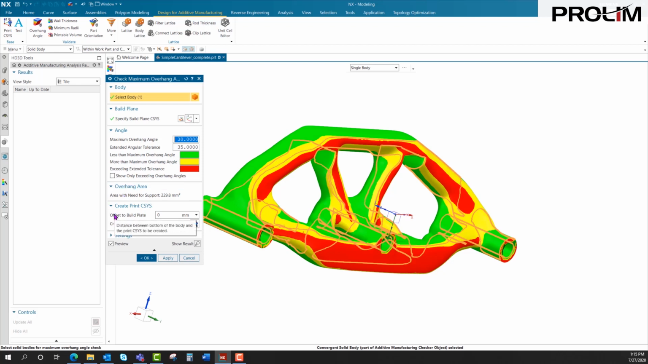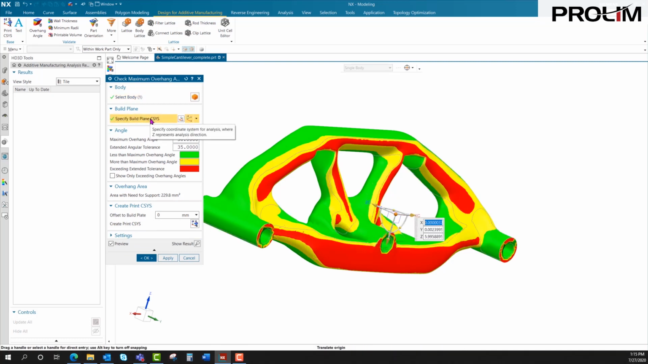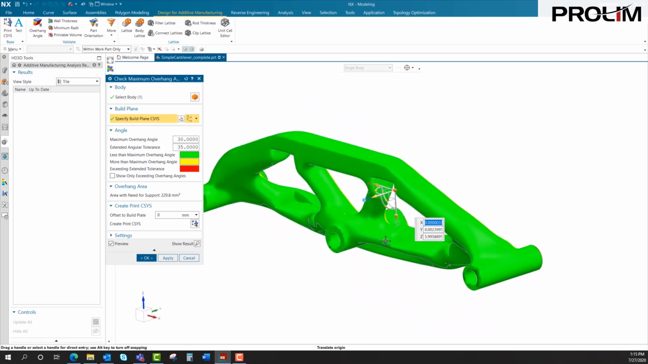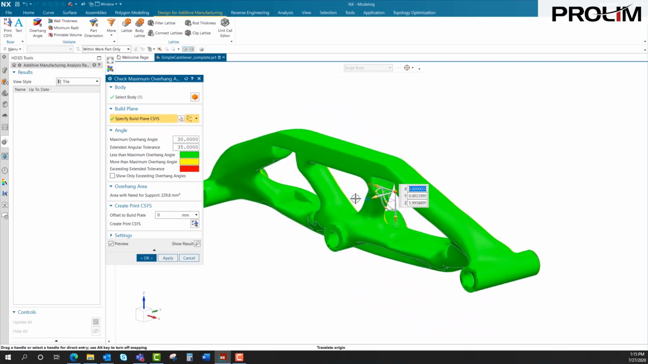Now we do have the ability to come in here also and create another print thesis. And I also have the ability to come in here and say specified build plane. And we have a dynamic triad that I'm able to go and drag and pull and stuff like that. So if I come in here now, for example, and I'm going to go ahead and rotate to the z-axis here, and you'll notice that we get a change in the area. If I go ahead and rotate the axis again,